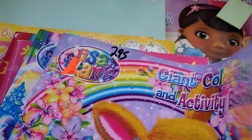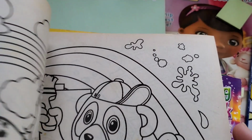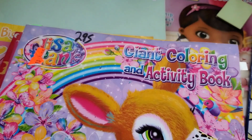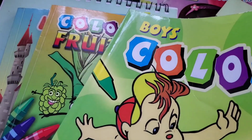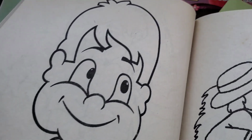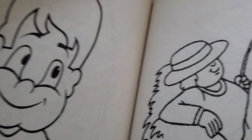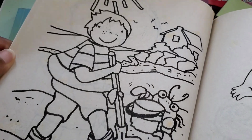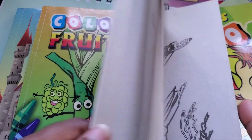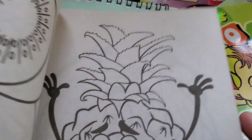So I have some Lisa Frank coloring books here. Look at some of these art styles. Okay, I have these three here, and these three kind of worry me because they don't have one set art style. It's like a combination of different art styles, and it looks like kind of copy and paste work. So I don't know if these were made with stolen art,